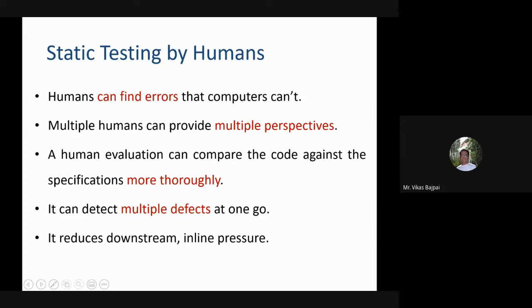Humans can find errors that computers can't. Many times we are able to identify errors in a piece of code that cannot be identified by the system or any script. That's why we go ahead with this kind of testing.